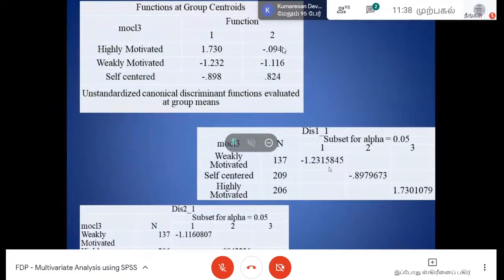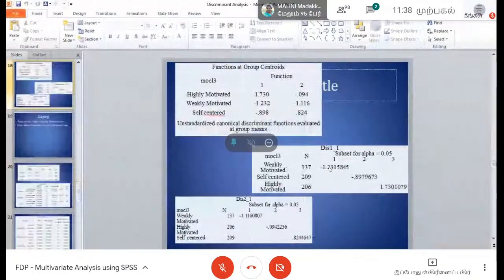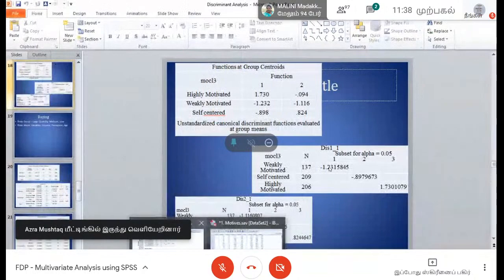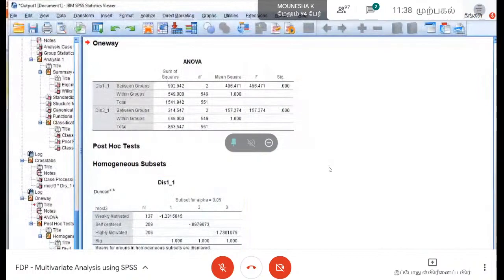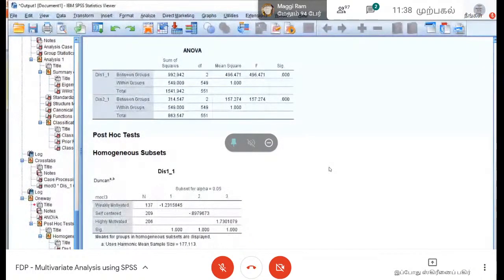If you remember, we have run ANOVA also. You might have seen it. See here, last time we ran it, say 1 point something. We ran ANOVA, same result. It's the centroid. One more table I have not put yet, that is the structure matrix table. The structure matrix table is similar to the standardized one.